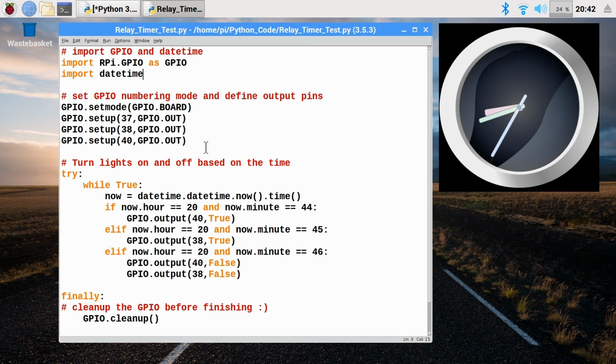So here we're importing two libraries again, GPIO, but this time datetime rather than time. And again, I've got the numbering set up here. I've gone back to board numbering. I just happen to like it. I've set up the pins. We've still got our try finally thing going on. And inside our infinite loop here, it's basically saying now equals datetime.datetime.now().time, which basically means